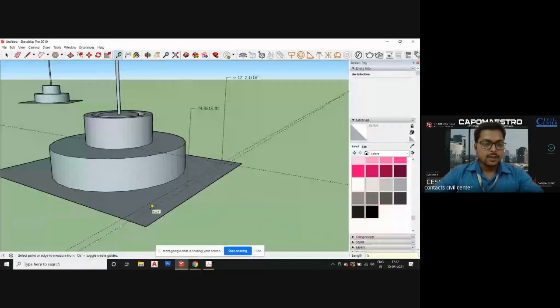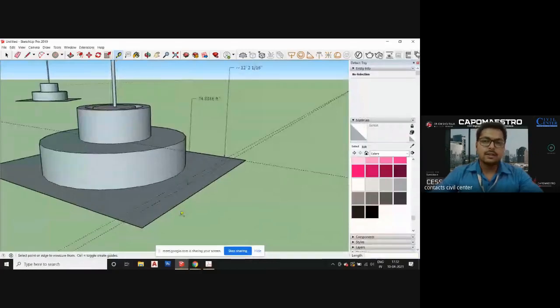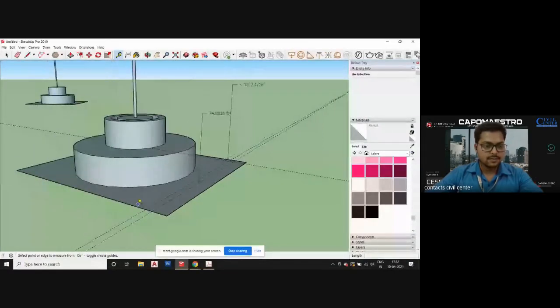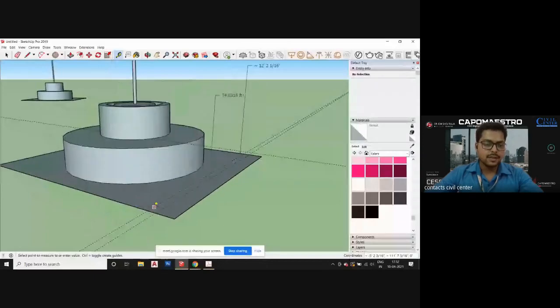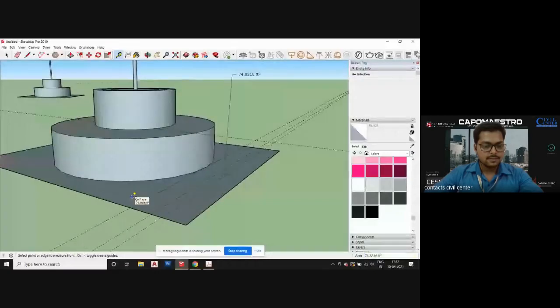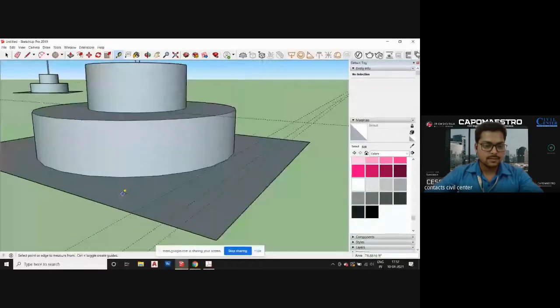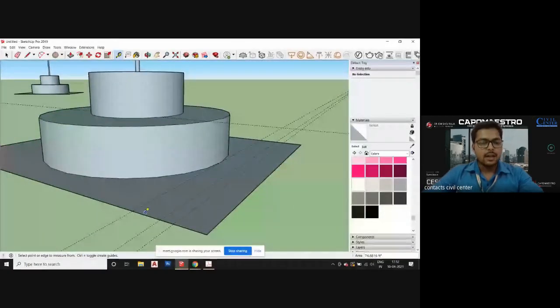Okay. Now let's make multiple guidelines over here at a distance of 10 inches. Okay, stop there. And now let's draw lines over there.